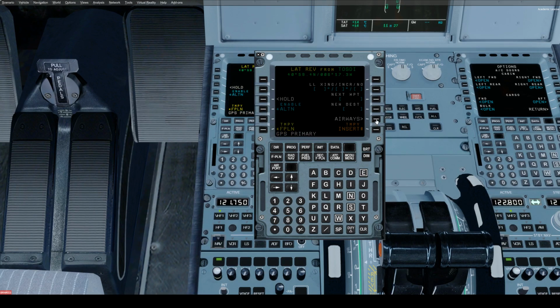And from Tosdi, we go onto the airways, UN745, and then ZMR, UN873, then takes us to Mokor, and from Mokor, UP87, to Teppo, and from Teppo, UN876, UN67, yeah,